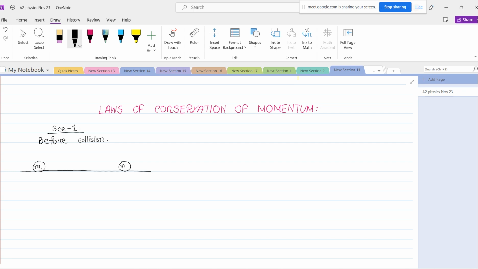This is mass 1, this is mass 2. We are now dealing with two different masses. For example, if we consider mass 2 to be stationary, its velocity would be 0. And if mass 1 is moving at 10 meters per second towards the right, this is how the entire scenario before collision would look. And now dealing with after collision,